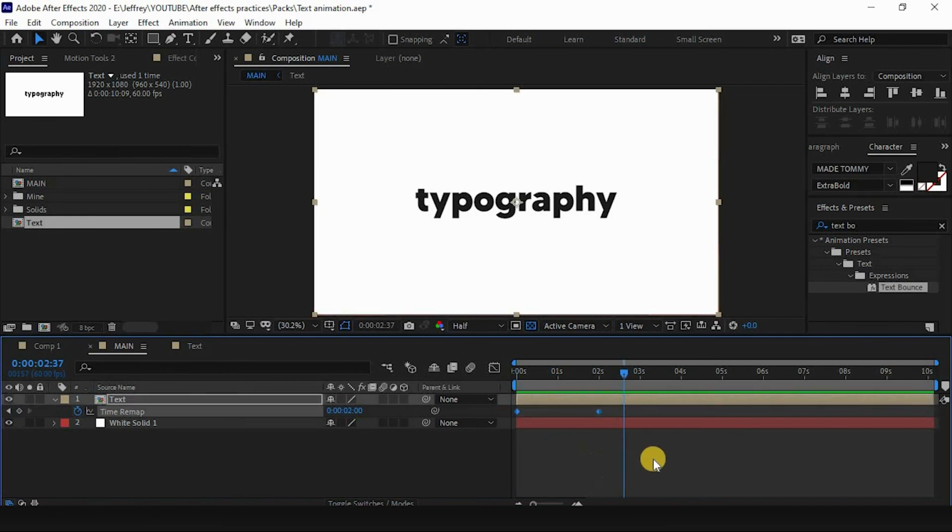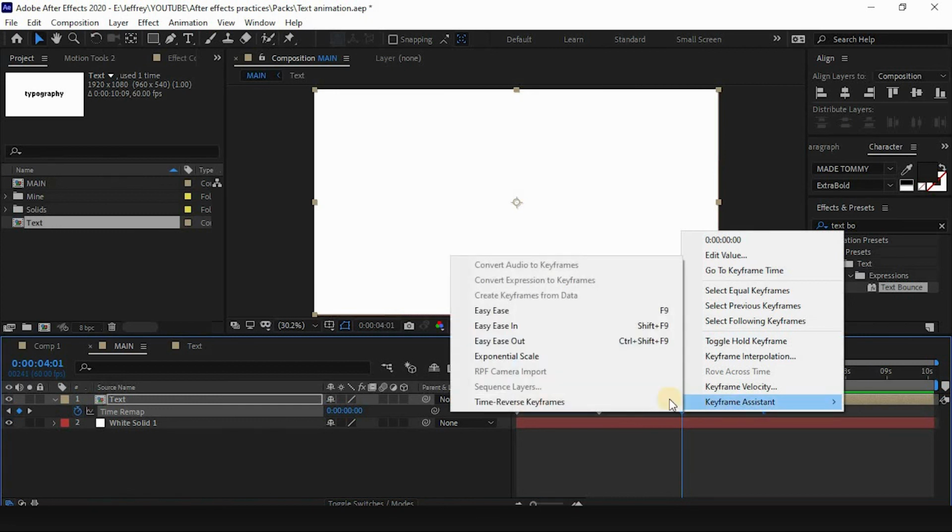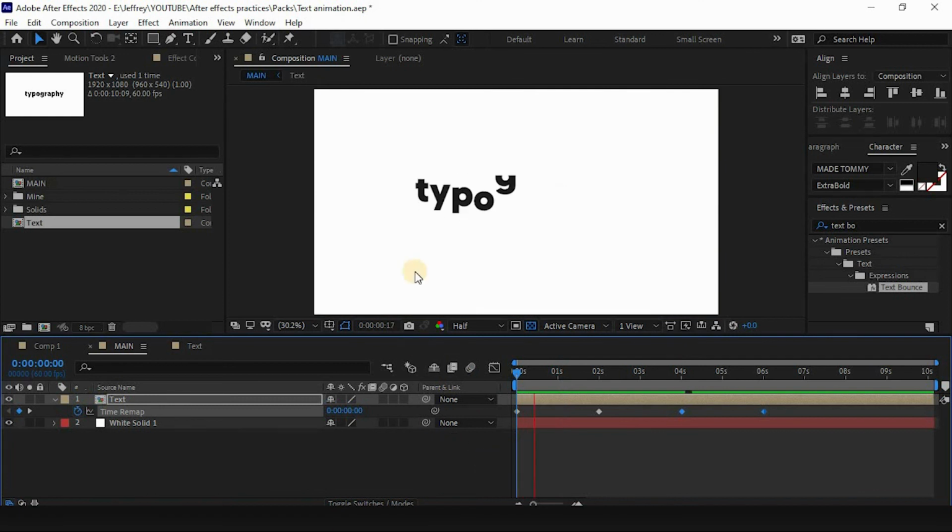Now select both the keyframes, Ctrl+C to copy them, and I'll leave 2 seconds over here and press Ctrl+V to paste. Right click on the keyframes, go to Keyframe Assistant and click Time-Reverse Keyframes. So when the animation starts and ends, you're going to get a 2 second delay,